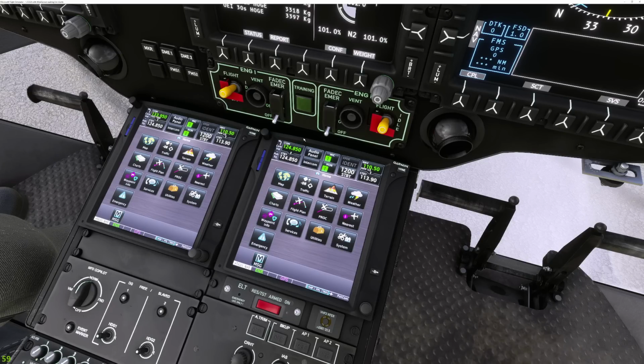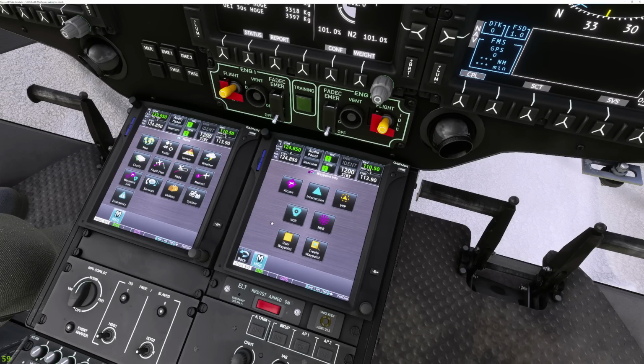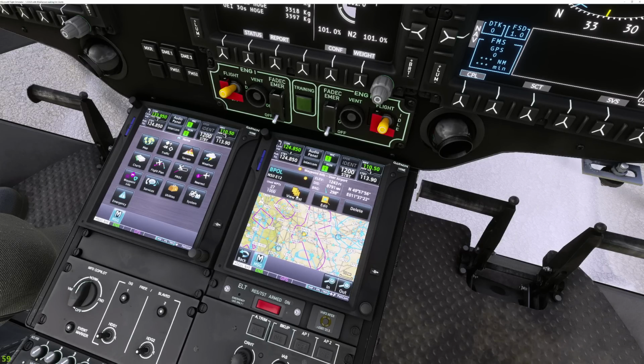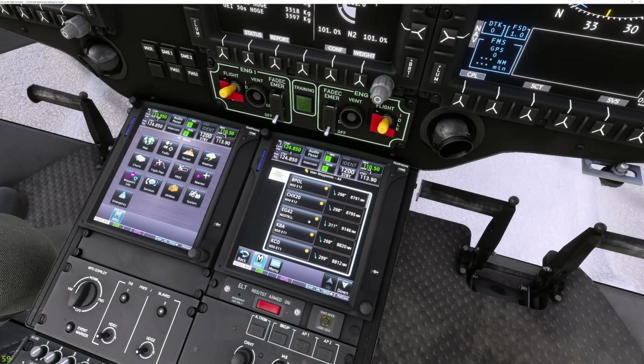I know there's so many different developers doing different things out there. It's difficult to keep track of all the names of them, but the TDS GTNxi is just a step up. It's absolutely brilliant. I love it. There's so much great stuff that you can do in here. I'm not going to do a review of it in the moment. I just wanted to quickly note it. One of the things that I absolutely love about this add-on is the custom user points that you can do. So I like to do lots of helimed ops, and so, for example, if I am going to be doing helimed ops, I've got lots of different